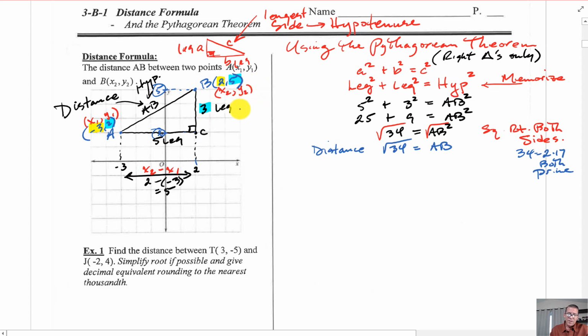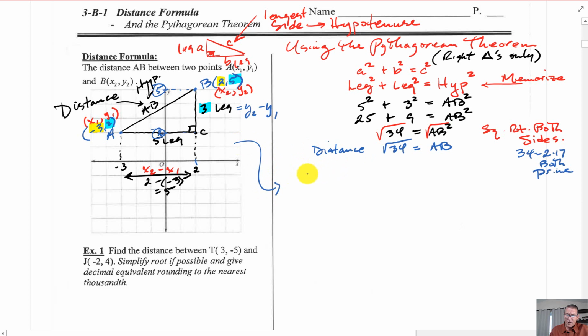So in general, to get this y, this vertical distance here, you take the second y coordinate, the one above, subtract the first y coordinate, the one below. So in general, y2 minus y1. So applying the Pythagorean theorem here on the general coordinates,